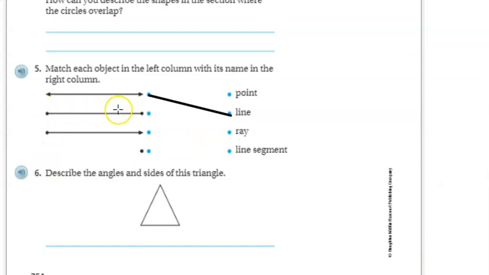Then we have two little dots on the end, so that is a line segment. This, if you added a shape right here, and then you would have this coming out, if we had this colored in orange, it would look like the sun. So it would be a ray, because it's like a ray of light coming from the sun. And then this one's really simple. It's your